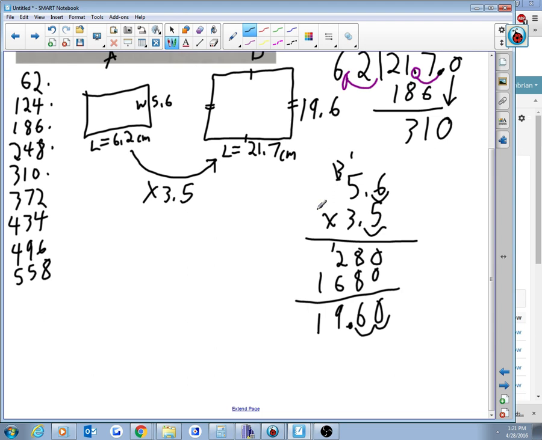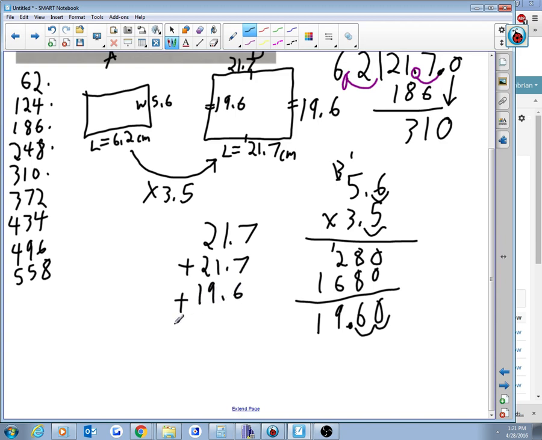The length is 19.6. This is a little bit less than this. This is a little bit less than this. So it makes sense. So now I've got to calculate the perimeter. So the length here is 21.7, which means this up here is also going to be 21.7. This is 19.6, which means this over here will also be 19.6. So if I add all these up, 21.7 plus 21.7 plus